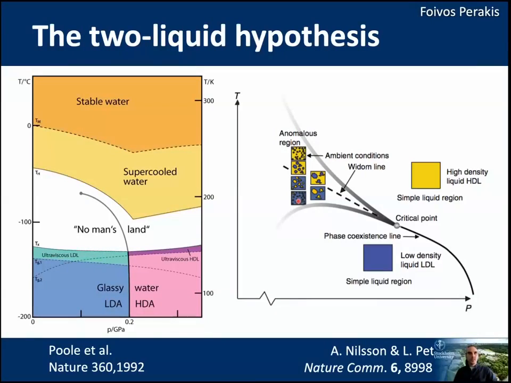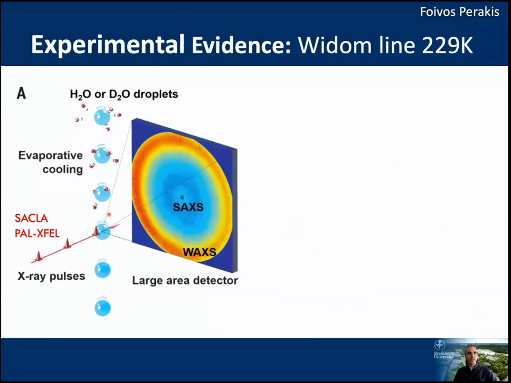This is based on some experiments we did in the SACLA lab, in PAL-XFEL, using a technique called evaporative cooling. In evaporative cooling, essentially, you inject water droplets into vacuum. And as you see here, the water molecules are flying off. By rapid evaporation, you have very fast cooling, basically. So that's a way that you can look at liquid down to 229 Kelvin. And by fast cooling and by shooting each of these droplets individually with an X-ray pulse, you can still pick up some liquid, because